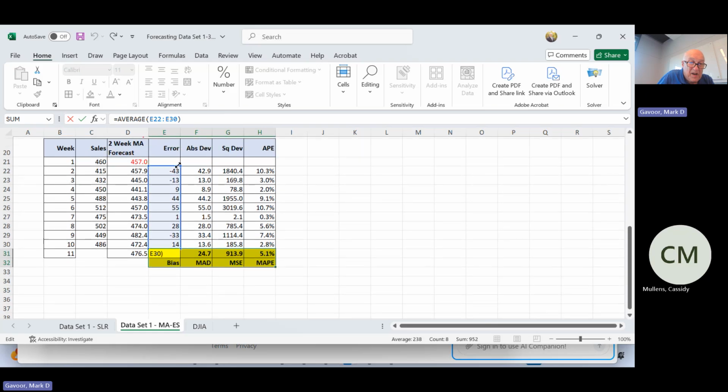But if I move it up one, it does. It's not going to change it a lot. I could just tweak it, right? So what's better? Exponential smoothing or